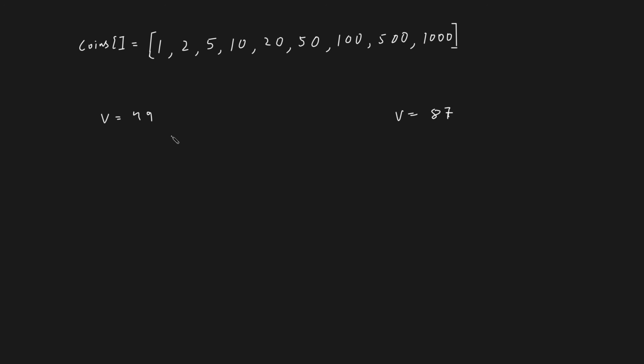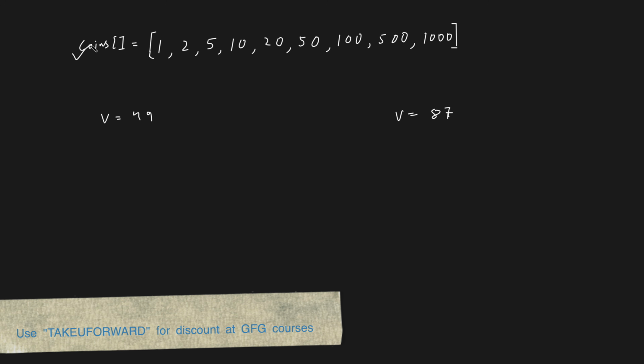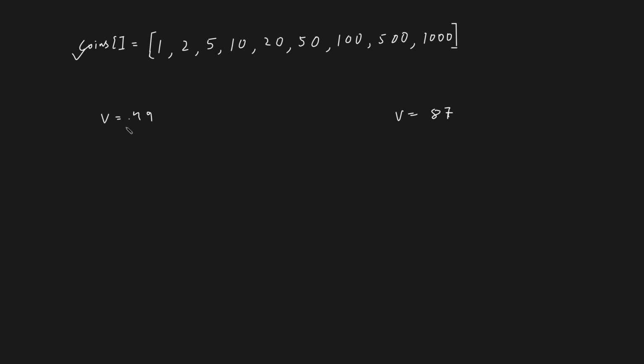So let's understand the problem statement. You have these coins in abundance, and you are given V equal to 49. What is the minimum number of coins that you will actually require to form this 49? I'm going to take a 20 rupees coin twice, and after that I can take a 5 rupees coin, and that makes 45. I'm still left with 4, so I can take the 2 rupees coin twice. So I am actually requiring 5 coins to form 49, and that is the minimum number of coins that I will require, and this is your task.